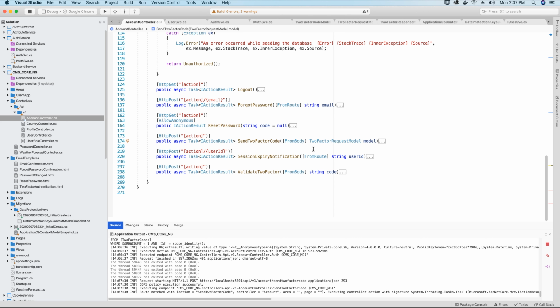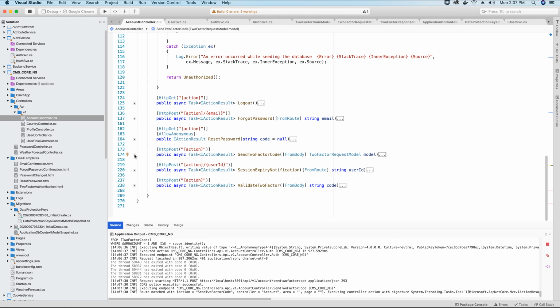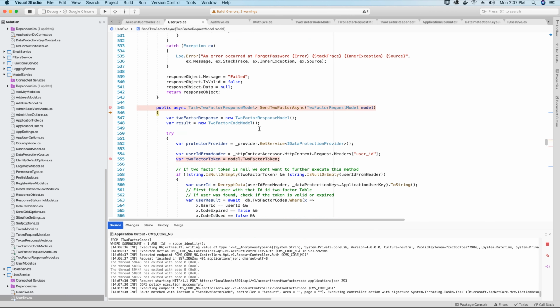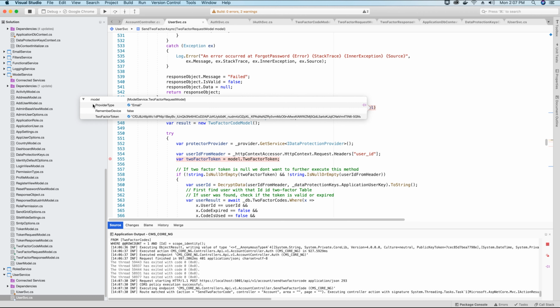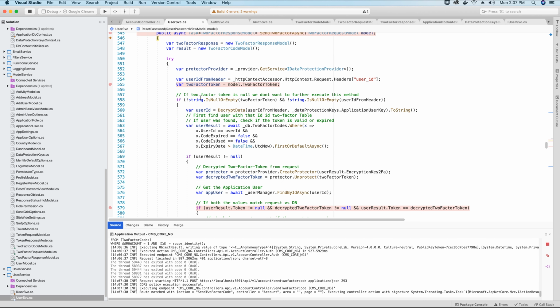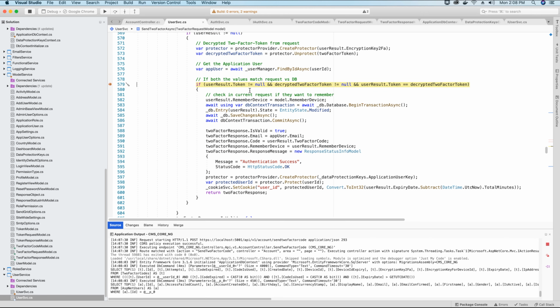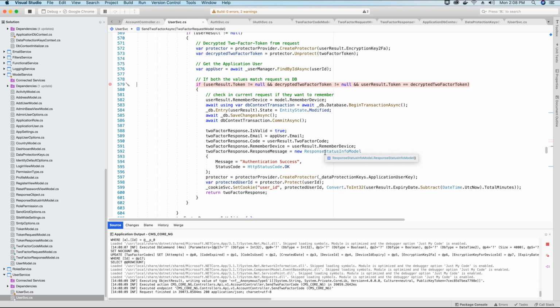So once I click send, the breakpoint is hit over here in the send two factor code method, and the send two factor code async method is called. So if we hit continue, in the send two factor code async method, we have received the request to send the code via email. As you can see here, the provider type is email. Here we will go through the logic of validating the details of the user, the two-factor temporary token. We will validate if it's valid. If it's valid, then we will go ahead and send the code to the user